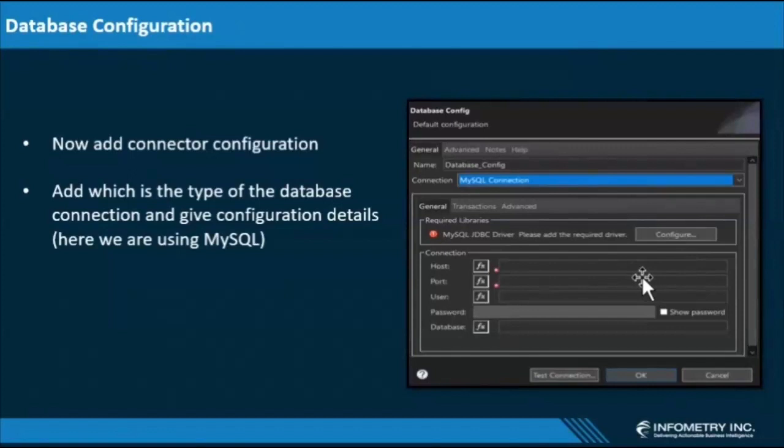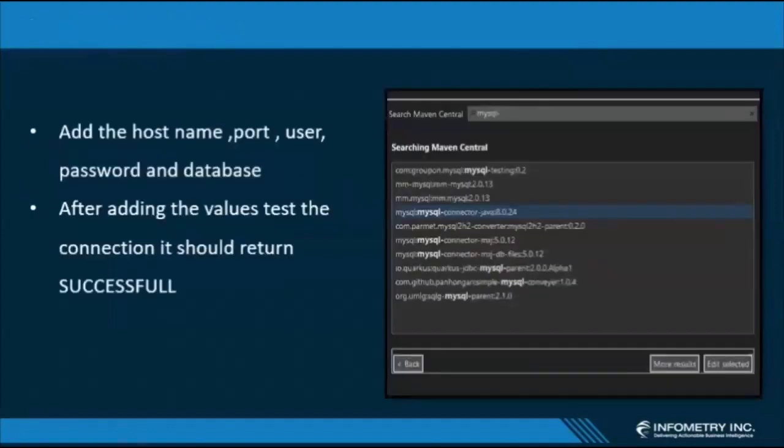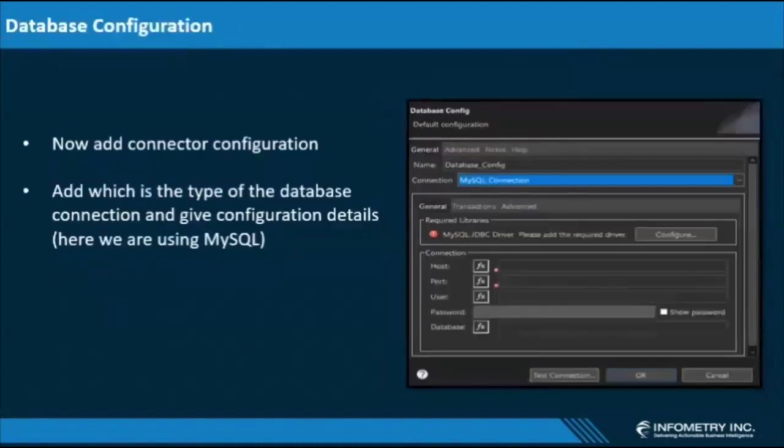So accordingly, we'll select it and we'll add the JDBC driver. You can see I will be selecting the MySQL connector Java 8.0.24 as a library. Okay. So soon after you click on this,